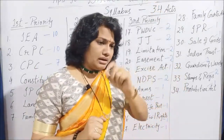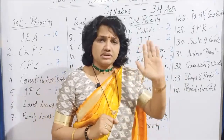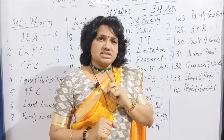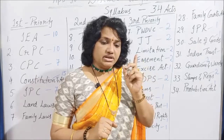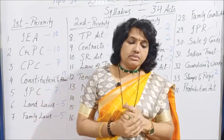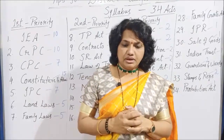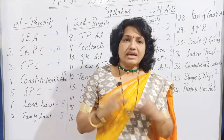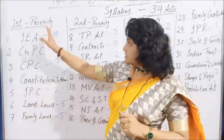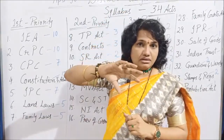So I made a small attempt. I revised the entire question paper which was asked by the Andhra Pradesh Recruitment Board for the district judge exam in the year 2021. After thoroughly reading the question paper given by the recruitment board for the preliminary exam, I have prioritized these 34 acts into first priority, second priority, and third priority,